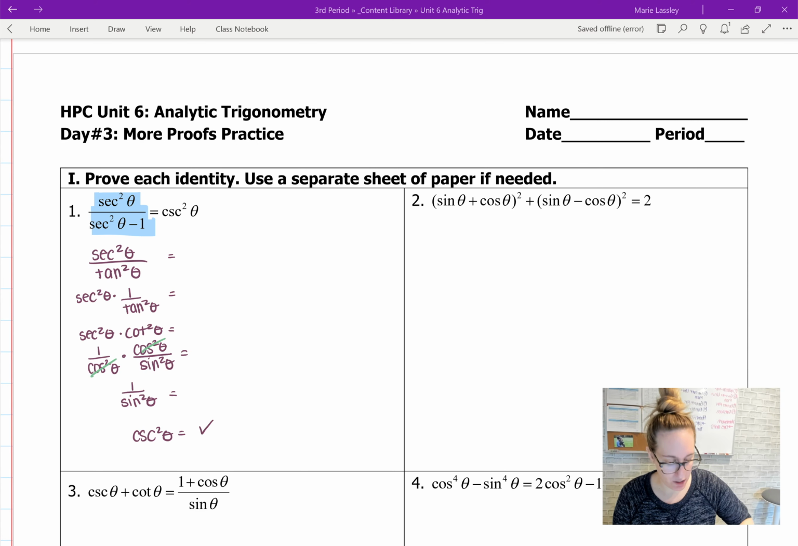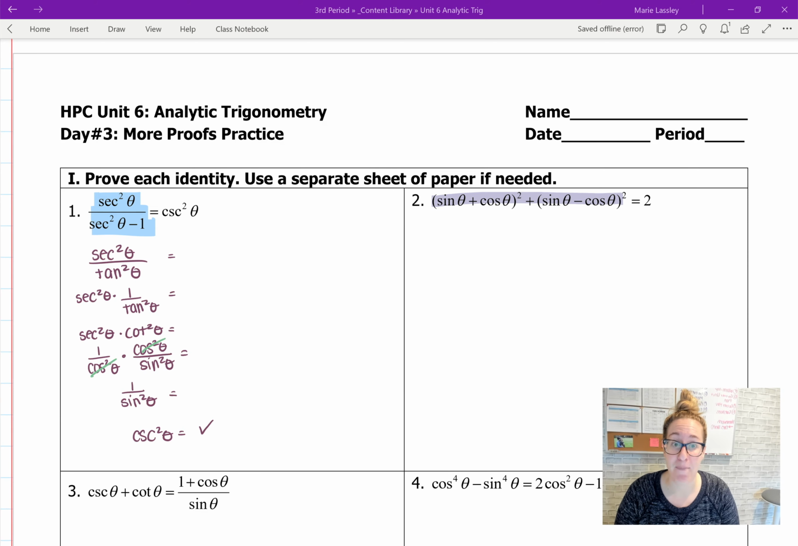All right, moving on to number 2. Again, I'm going to choose the left-hand side because this is definitely more complex. So I am working with the left-hand side and simplifying down till I get 2. That's my goal. All right, so first things first for this one, I am going to have to